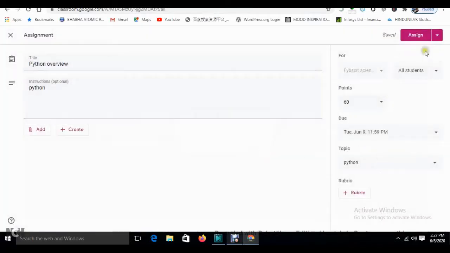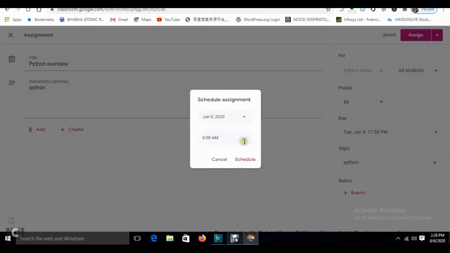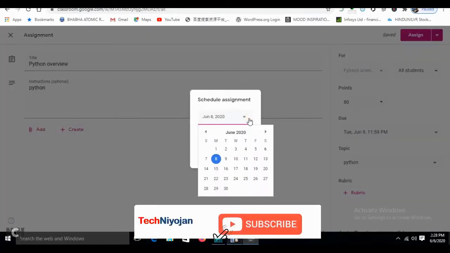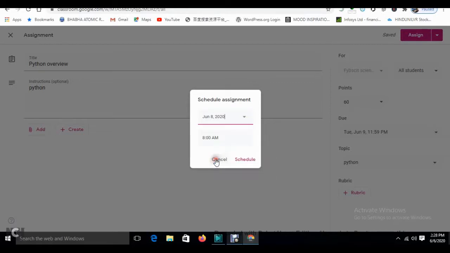Now what I will do is, I will go on the assign. See over here, if I want to schedule it, I can schedule it. If I want to only save this draft, you can save it and schedule or assign at a later time by logging in afterwards. So see over here, now I will schedule this thing. Schedule means on this day or this time the assignment should go to the student. So I will allow today's date only, this 8th June, and the time should be 7 p.m. and it's scheduled.